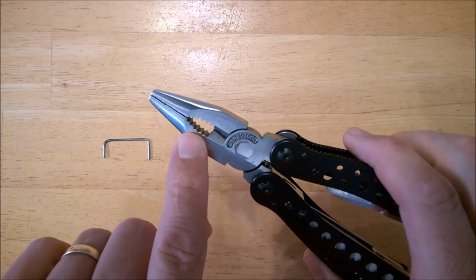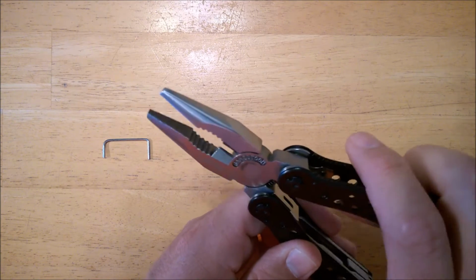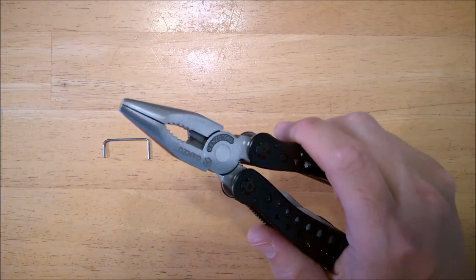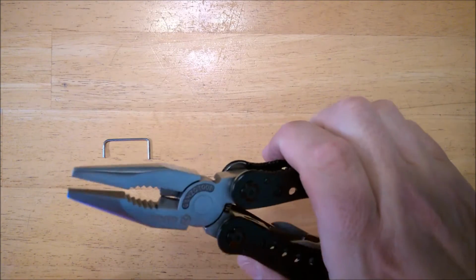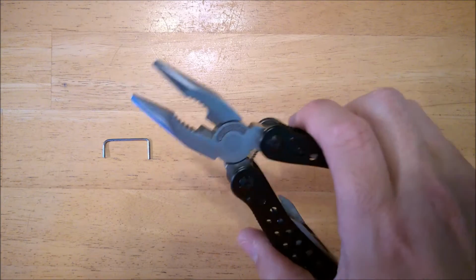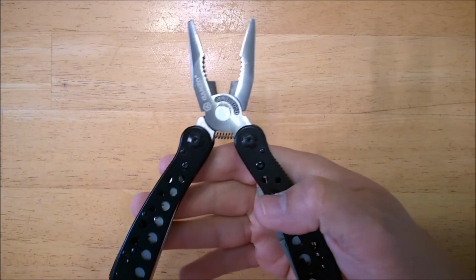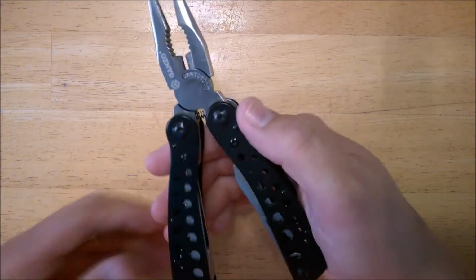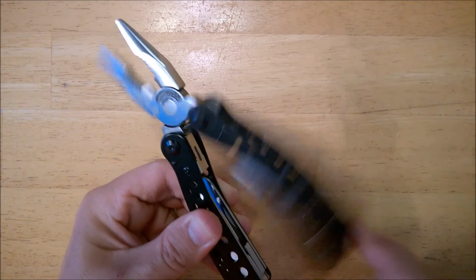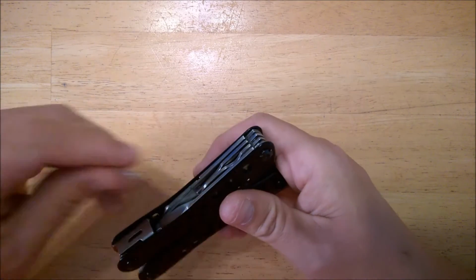This more aggressive, larger end works well. The cutters work good for the stuff I've cut. I've not tried to cut too heavy of stuff because these kind of multi-tool pliers are not designed for the heavy stuff. They're designed for things like copper wire and that kind of thing. We've got a spring, so these are spring loaded that you close them and they open on their own. I've closed it up so that we can take a look at all of our multi-tools,